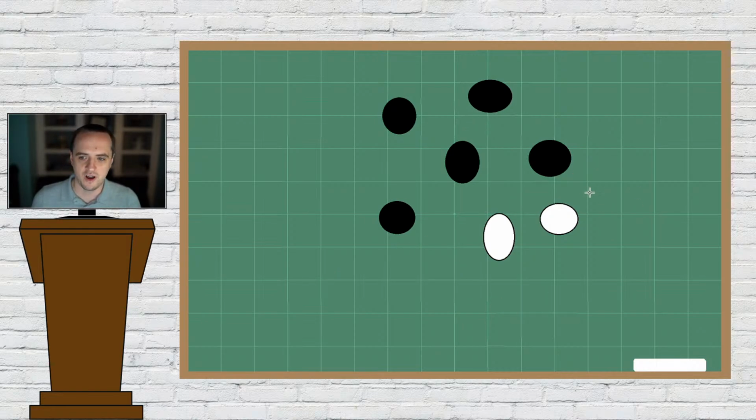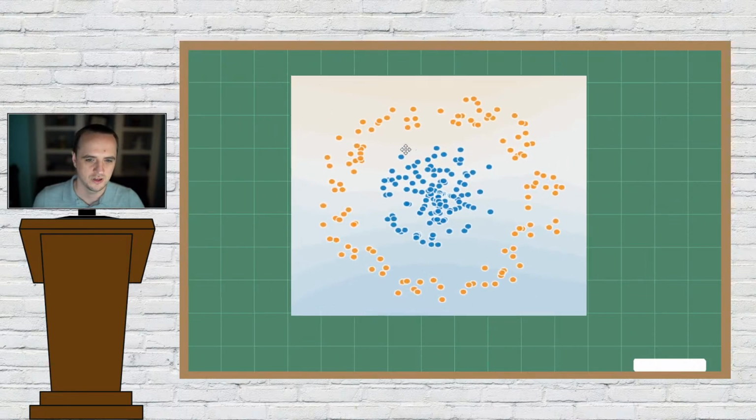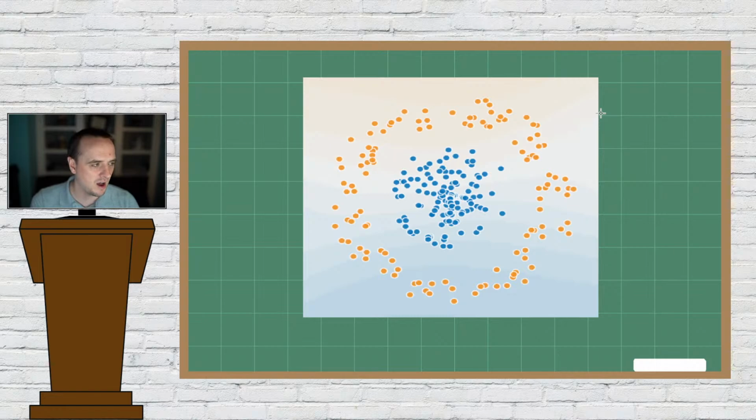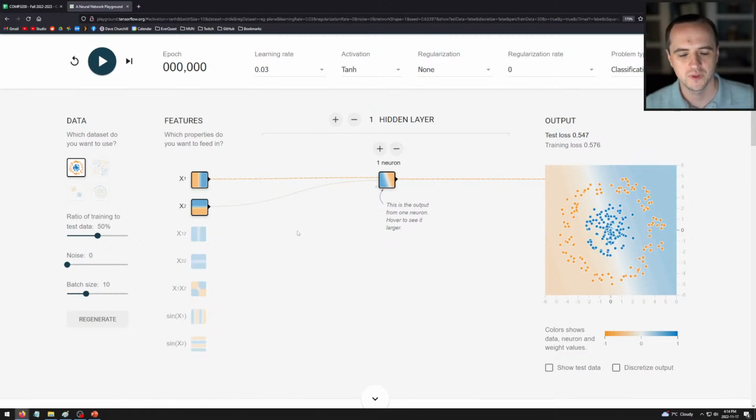But if I go ahead and screenshot this and bring it back over here, look at this. Can I draw a single line that separates these 2 data sets? I don't think so, right? What I've basically got to be able to do here is encircle this data set in order to predict it. So let's go back real quick and let's just show.